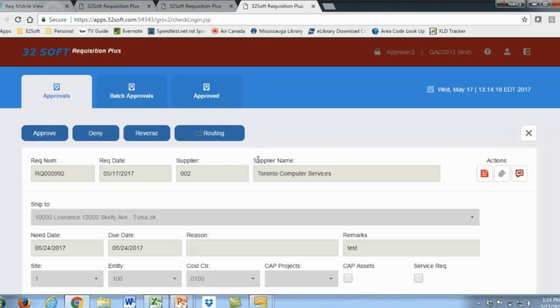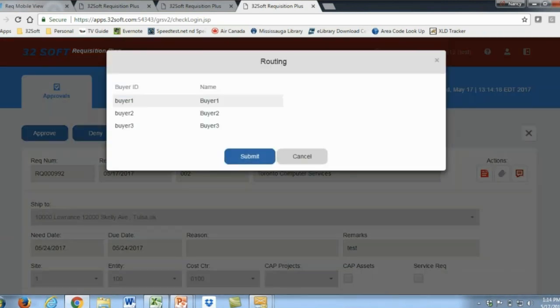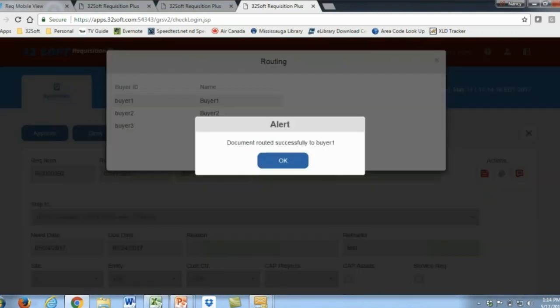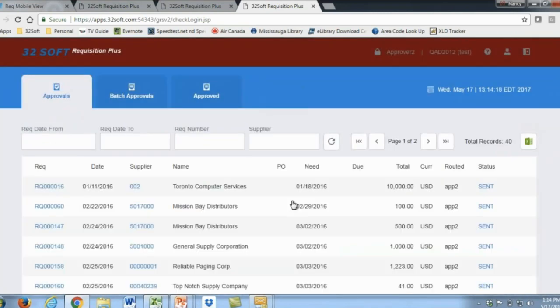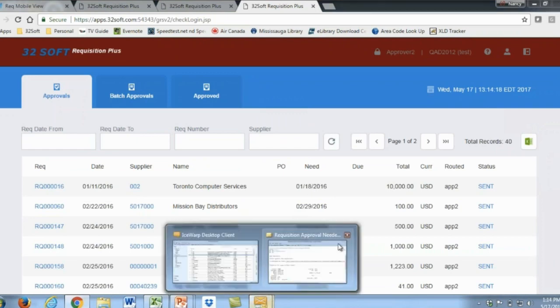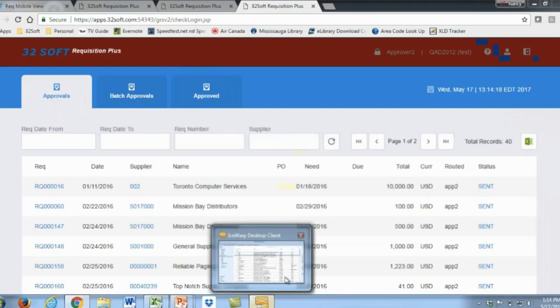And if you are the final level approval, what you will see next is a list of the buyers. That means that you are the final approver, and it is now ready to go to the buyer. So if you have multiple buyers, they are listed, but the first one is always highlighted. So you can just hit submit, and the buyer as well will get an